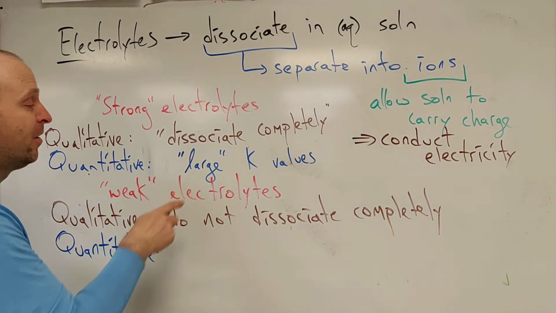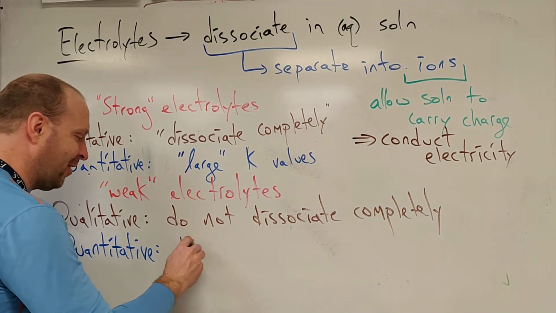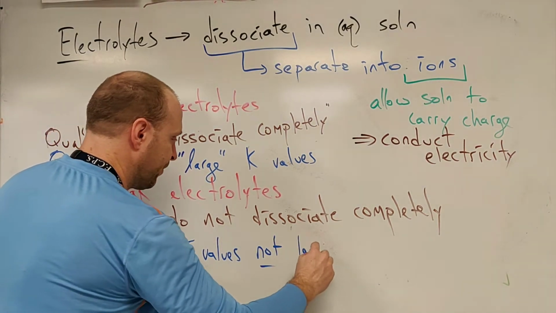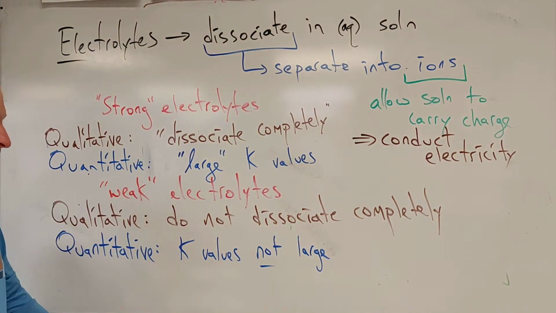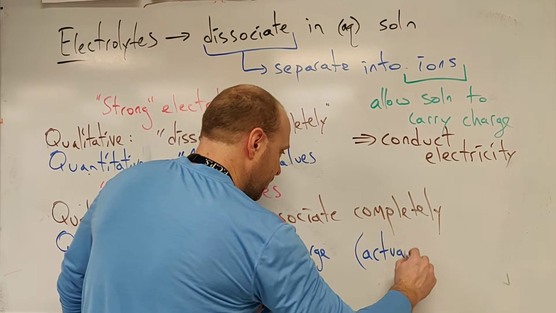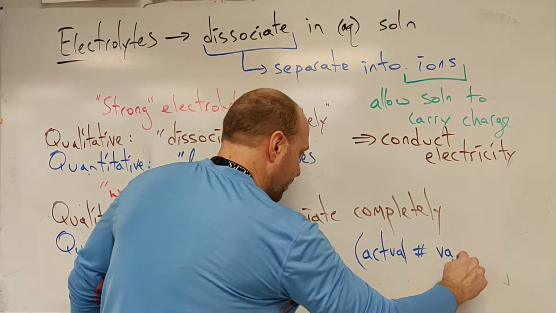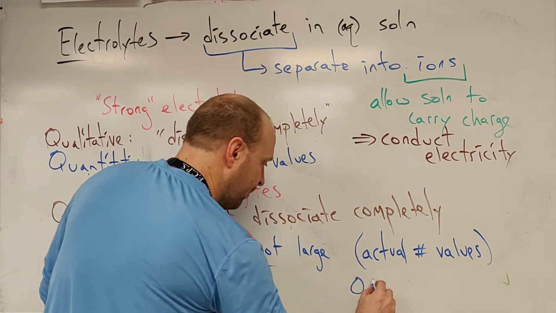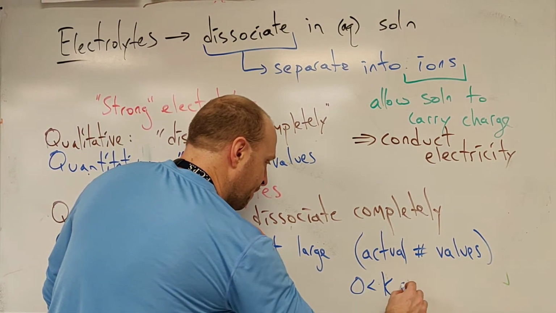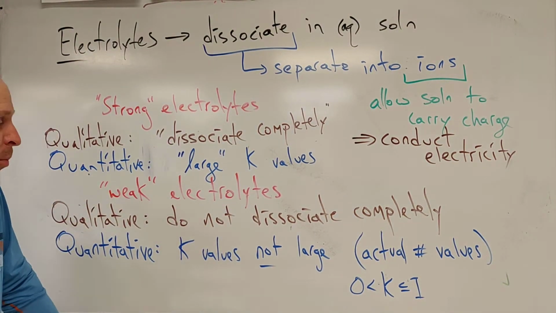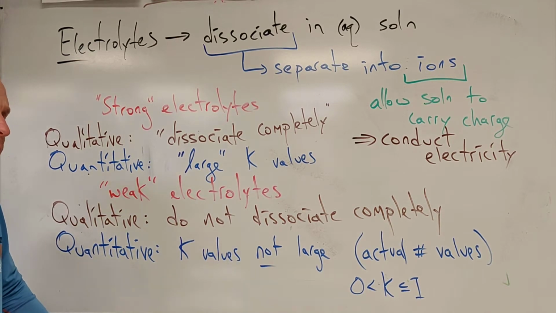They have K values that are not large. In fact, they'll be actual numbers, okay? And those number values are going to be between 0 and 1. And what that means fundamentally is that proportionally, at equilibrium, we're going to have more reactant than product,